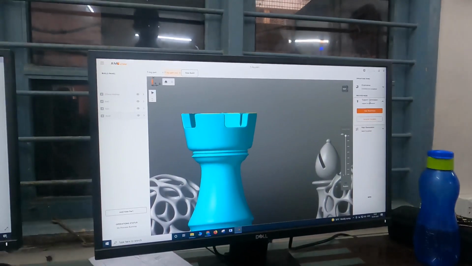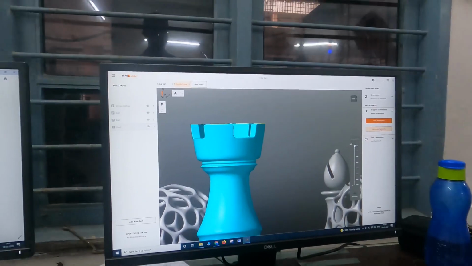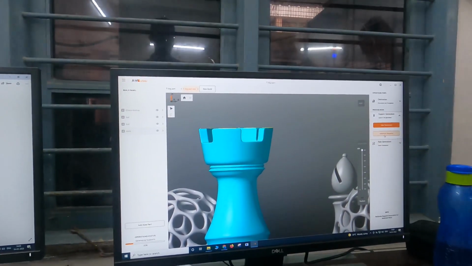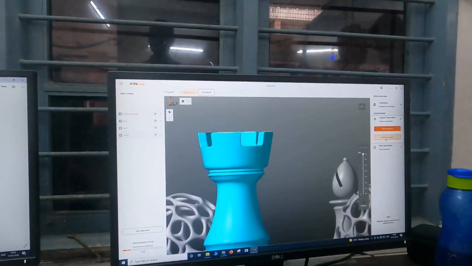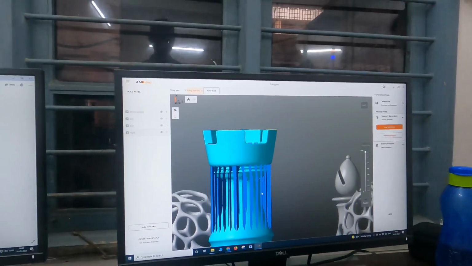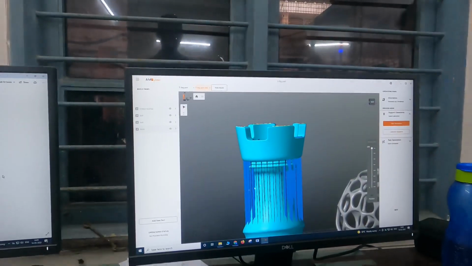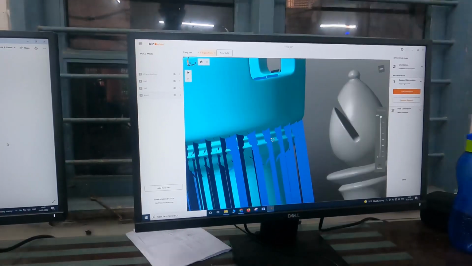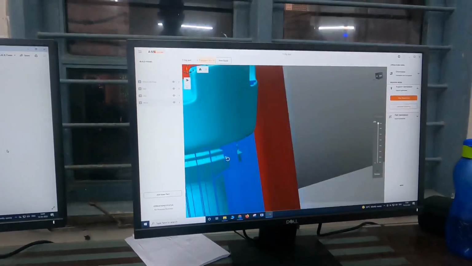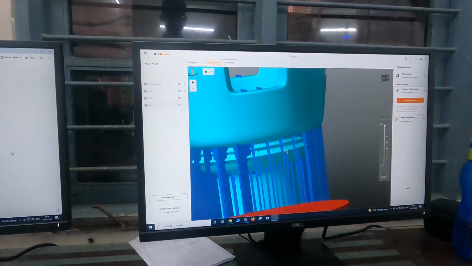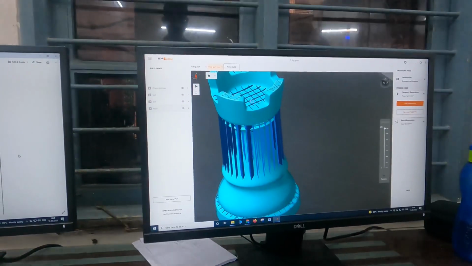So if I click here on support generation, after selecting the roof, and I click auto support generation, the program will identify which regions need support. It accurately identifies these regions as overhanging regions and gives automatic support there, as you can see in blue color. Okay.